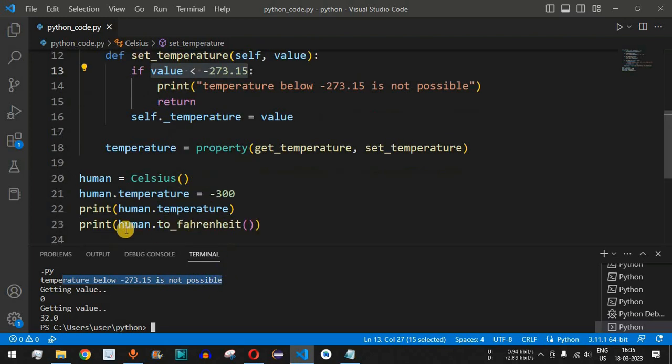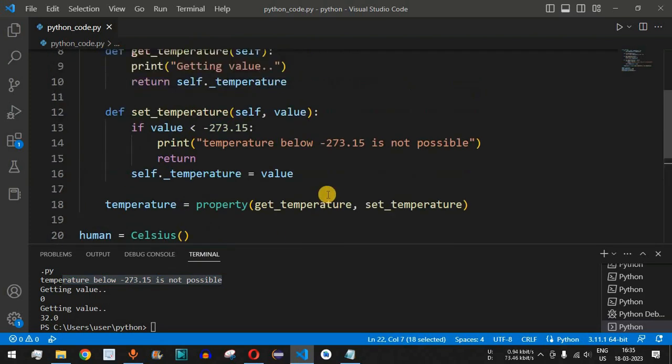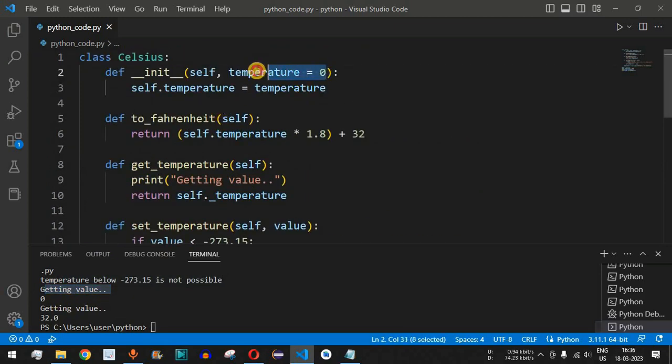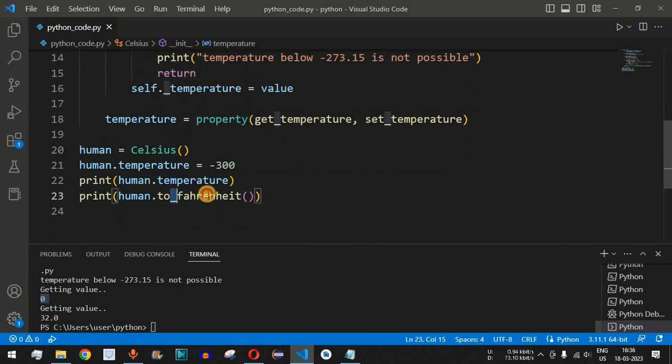Now guys, next what is happening is the print statement human.temperature, so the control flow is trying to get the value of the temperature. So it is saying getting value over here, and then after this, initially by default the temperature was 0, which was never overridden over here, and that is why we are getting it as 0, and then next time we are getting the value in terms of Fahrenheit over here.